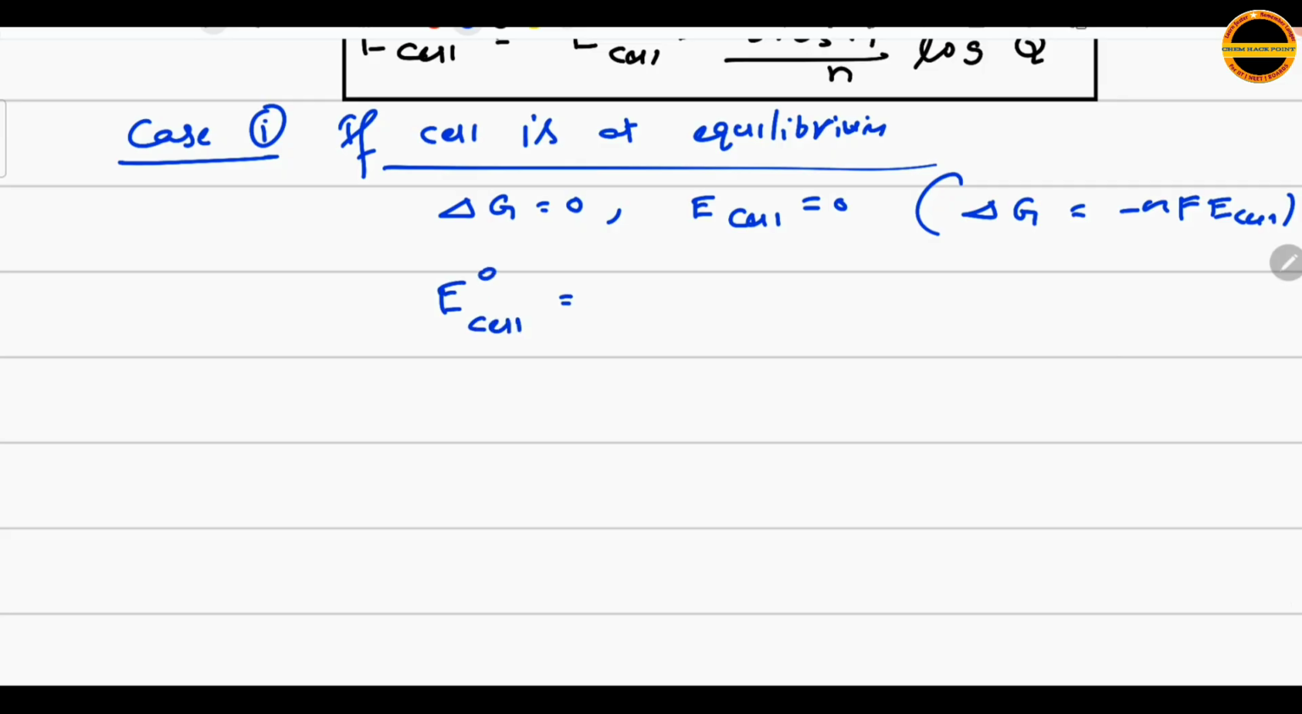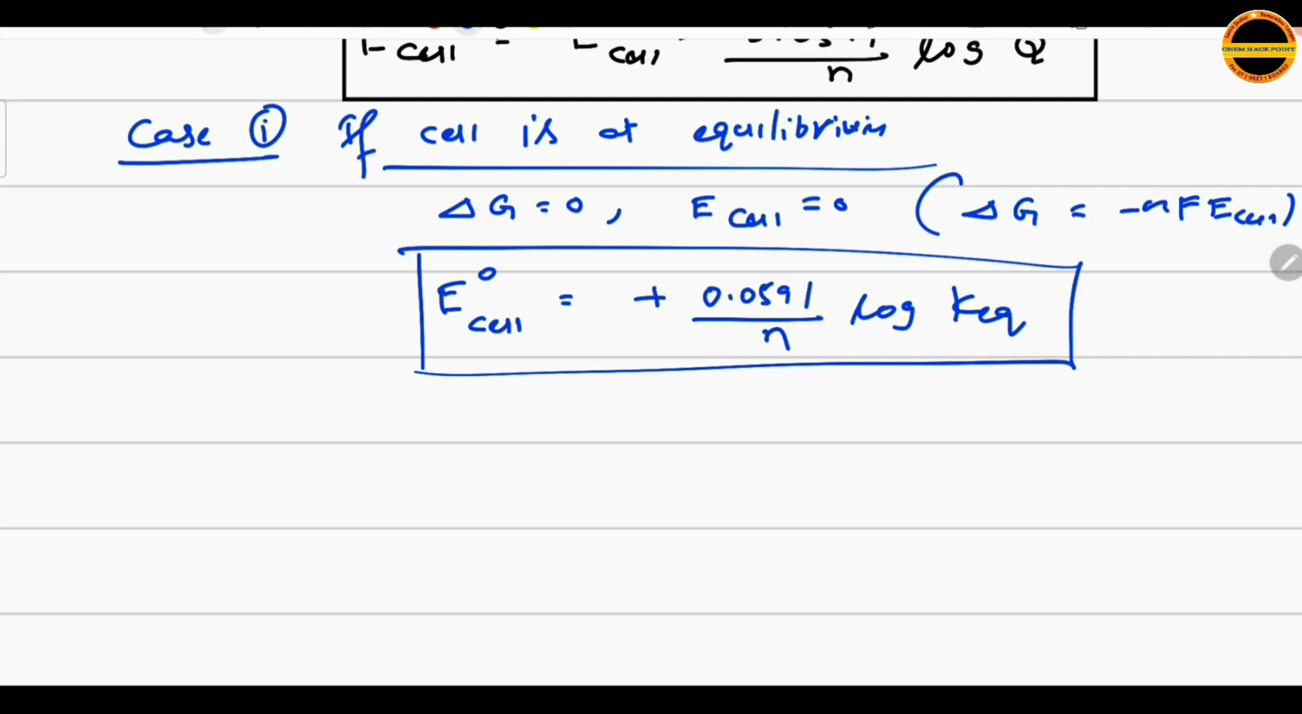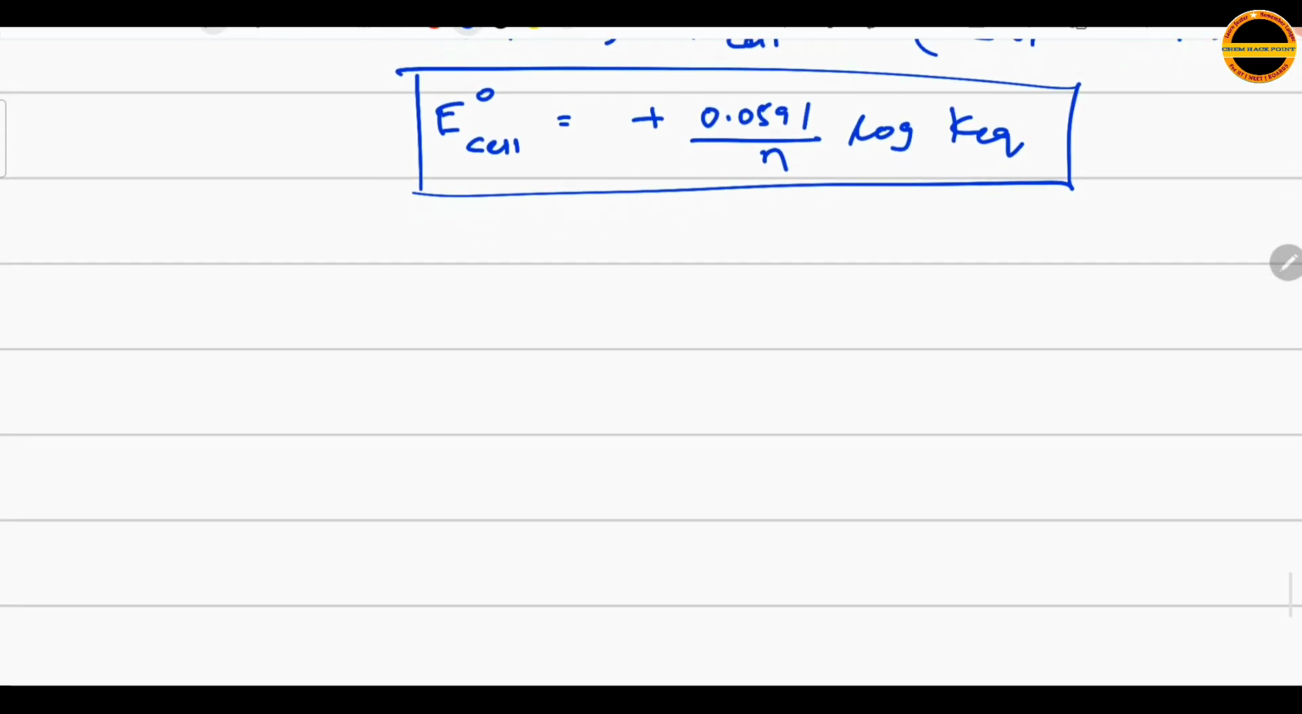E naught cell is equal to plus 0.0591 by n log, see what is n here? Number of electrons involved in the reaction. At equilibrium, in place of Q, we write here Keq, that is the equilibrium constant. That is case 1. Similarly, let me take case 2, that is if the cell is